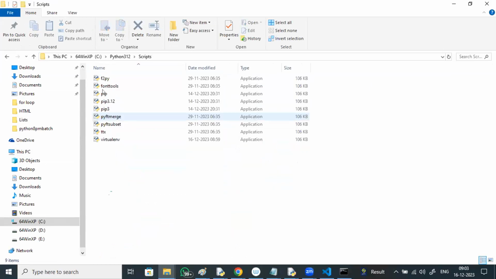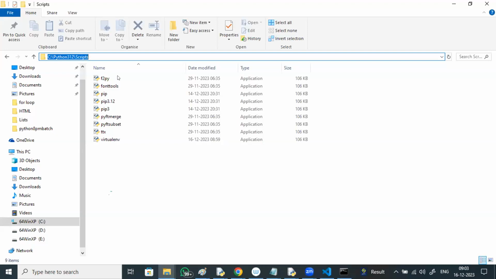Check whether pip is available there, then only you can say pip install. See here, check in the C drive, Python folder, Python 3.11 or 3.12, Scripts, whether this pip is available or not. Check it, everyone. Yes, sir, there is a pip.